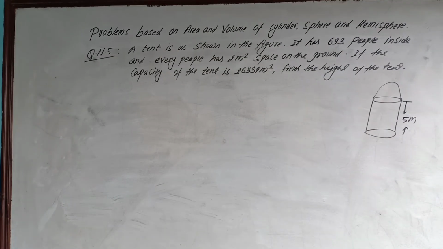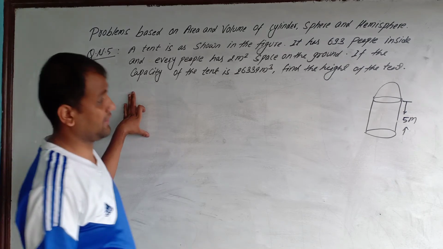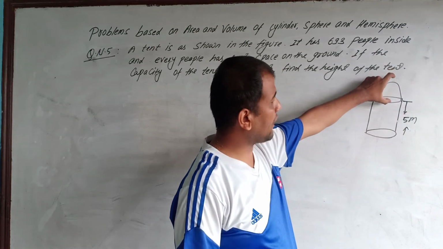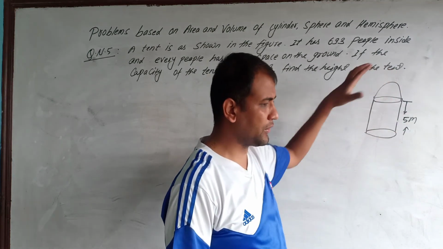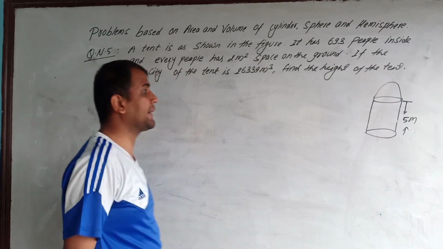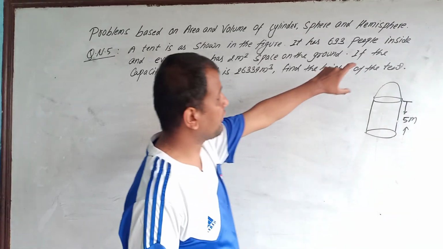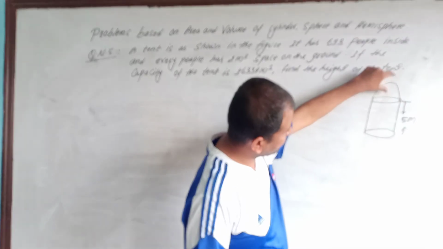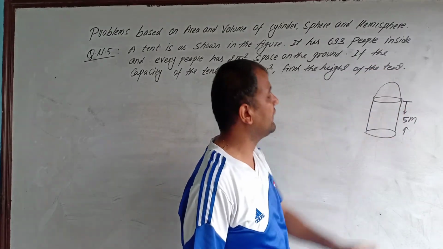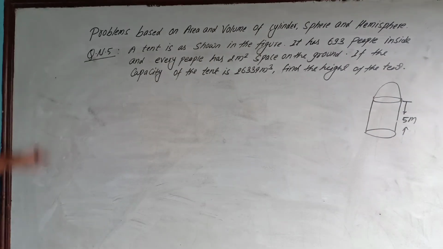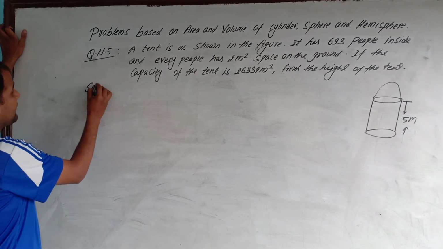To find the height of this tent, first we should find the radius of the base. If we find the radius of the base, that is equal to the height of this hemisphere. We know that in a hemisphere, radius and height are equal. After finding the height of the hemisphere, if we add the height of the hemisphere and the height of the cylinder, that is the height of the total tent. So first thing we write here